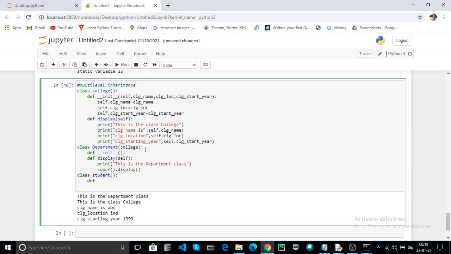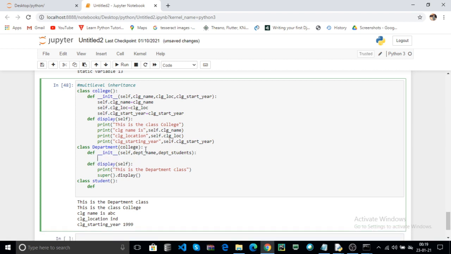Here I pass self as the default parameter. Now the department contains DEPT name and DEPT students. These two parameters are enough. Now this is the one class.